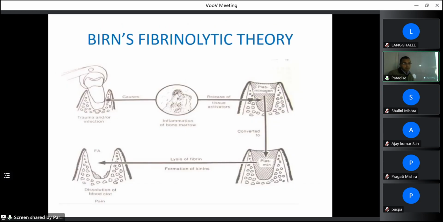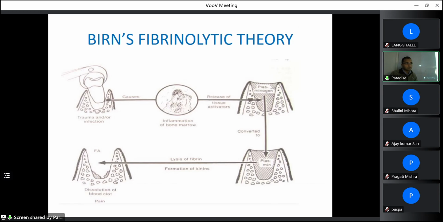Dry socket is the most common complication, especially after extraction of the mandibular third molar. There is something called Bonds fibrinolytic theory. What it states is whenever there is trauma and or infection, it will cause inflammation of bone marrow. Inflammation of bone marrow will release tissue activators. These activators will convert plasminogen into plasmin. Plasmin is the active state, plasminogen is the inactive state. Plasmin will cause lysis of fibrin and formation of kinin. Once the fibrin is lysed, it will lead to dissolution of the blood clot, and this condition is known as